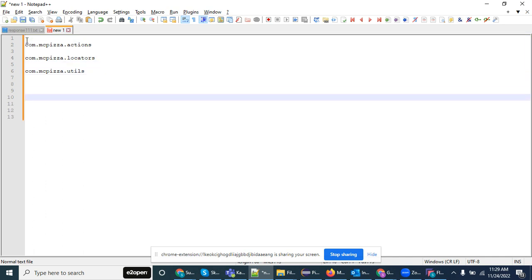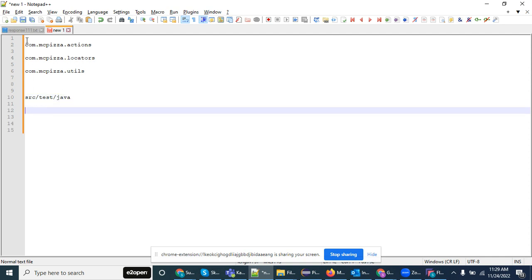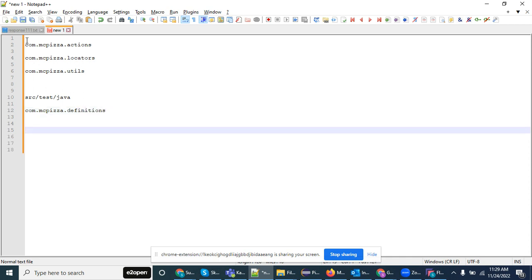So coming to the tests, whatever I'll be doing for our automation to automate the end-to-end flow, I'll be creating under the src test Java. In this, I'll be creating some packages named com mc pizza dot, whatever the step definitions we have. So all those things I'll be creating under this, and another one, com dot mc